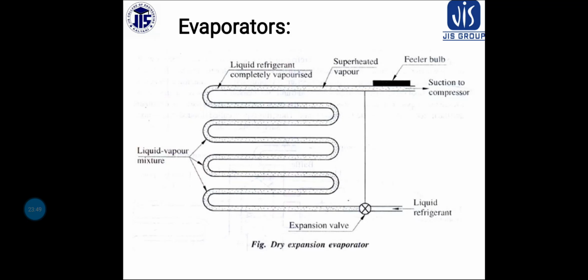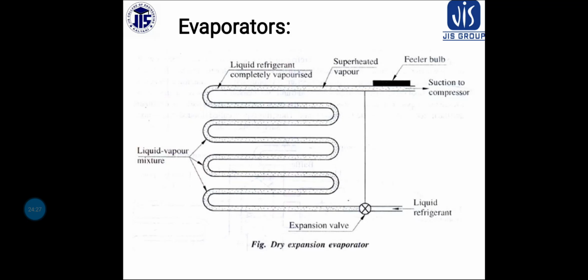The filler bulb of the expansion valve controls the rate of flow through the orifice of the flow control. Okay, such an evaporator is one of the most widely used devices for producing refrigeration, and is used on systems having capacity below 150 ton of refrigeration. Okay, so if the capacity of the refrigeration is below 150 ton, then we can use this kind of dry expansion